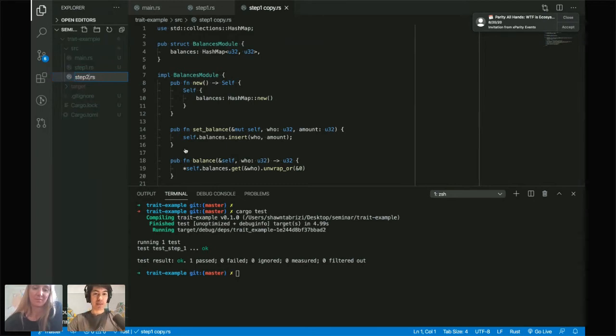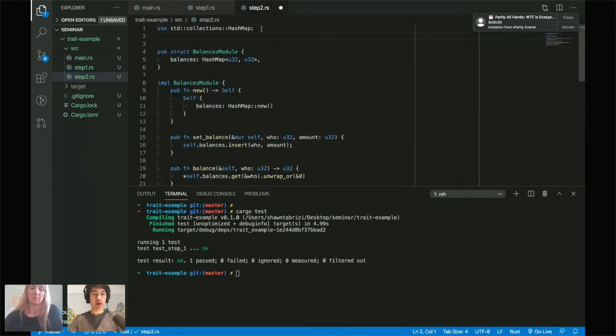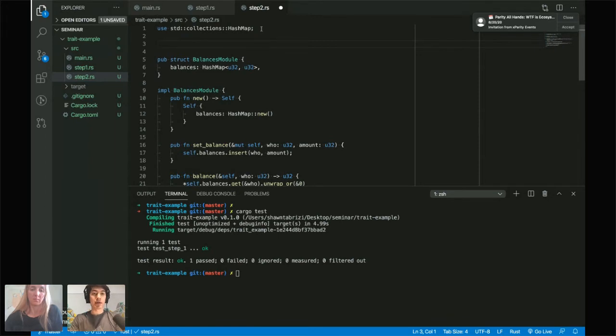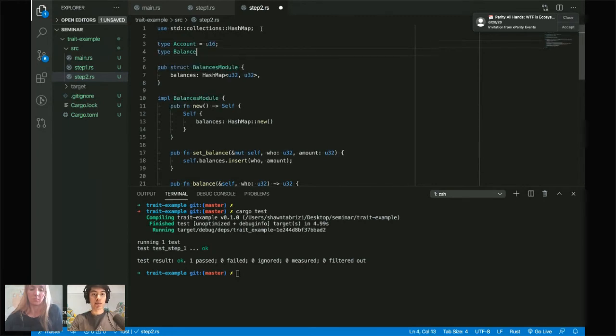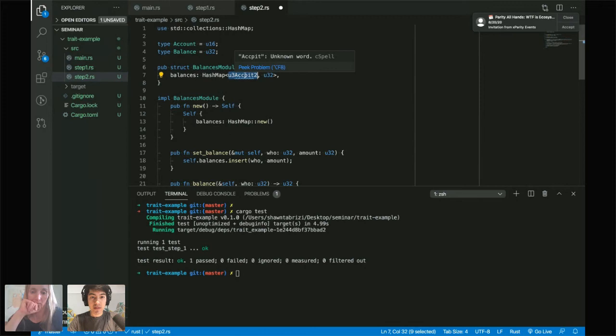Okay. So one thing we can do to improve this is actually define some types. So this might not actually be the best way to define types because I think these are just aliases. But for now, I'm just going to look at aliases. But something like this would I think be nicer. So type account equals U16. So I want to change it to U16, right? And then type balances, or maybe just balance, equals U32, right? And then what I can do everywhere is just kind of change the usage here, right? Oops. Oh, God, the lag. Account.